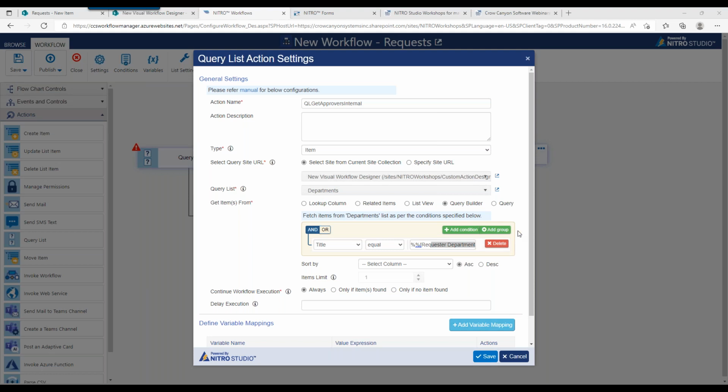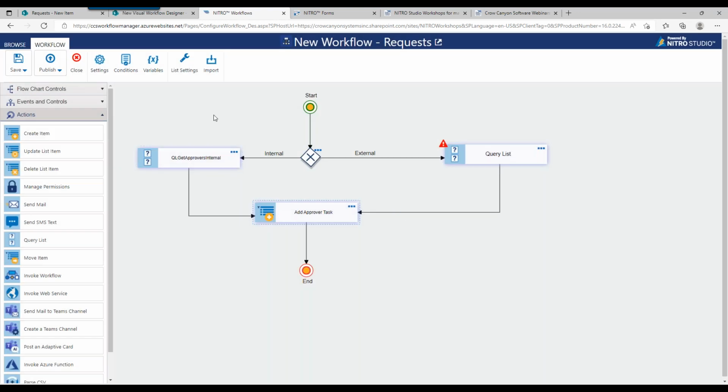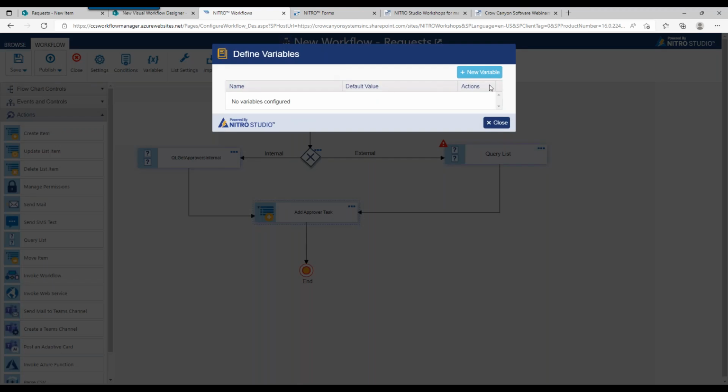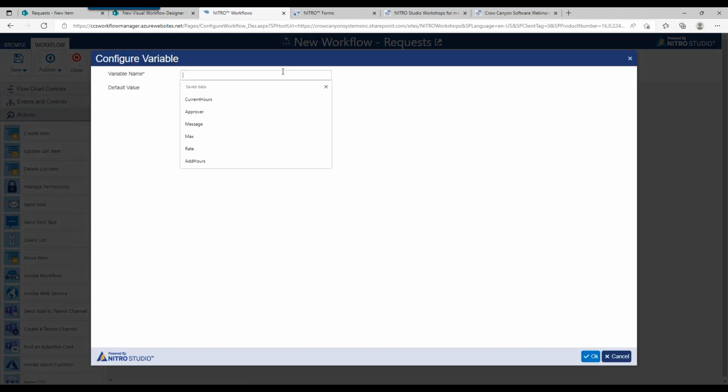We get the approver, right? So now we have to get the approver, and we're going to use this variable. But I didn't create a variable yet, so I'll go do that now. But you basically want to get that approver name from that department list. So we're getting the requested department that matches up with the form, and the item being submitted. Now we need to get who that approver is. And the nice thing we can do about it is you can use these variables. So we're going to create a variable called approver,